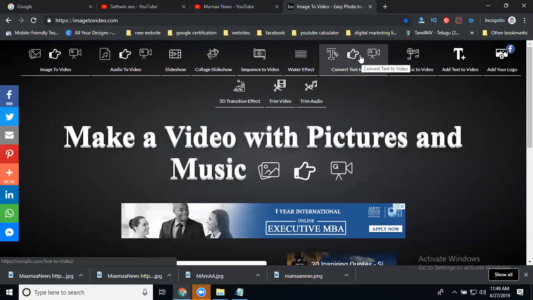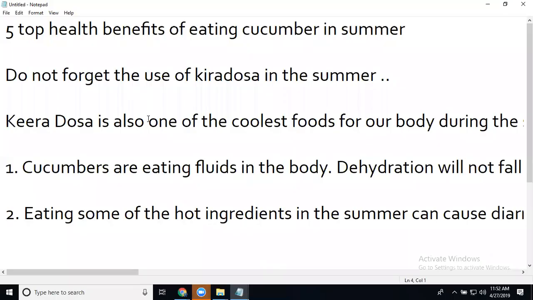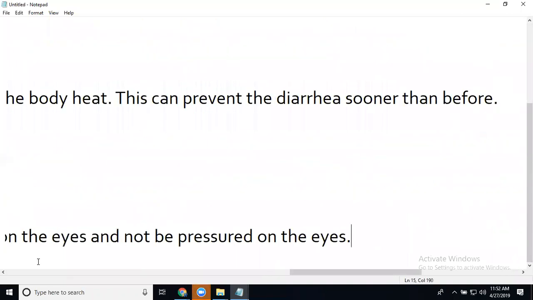Which one is the most important for text to video? Most importantly, we can promote health tips. So I'm selecting the content from notepad. Wait for a few seconds, and the content is prepared successfully. So the final option is called select by the